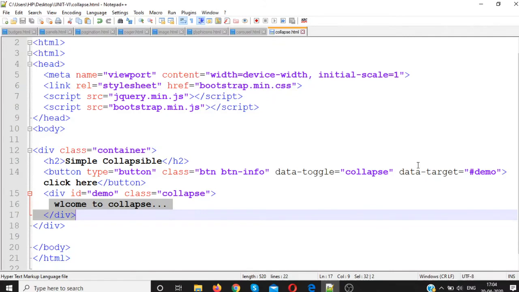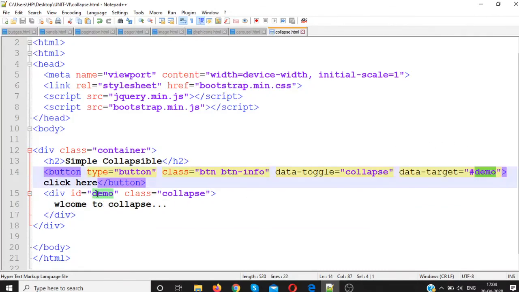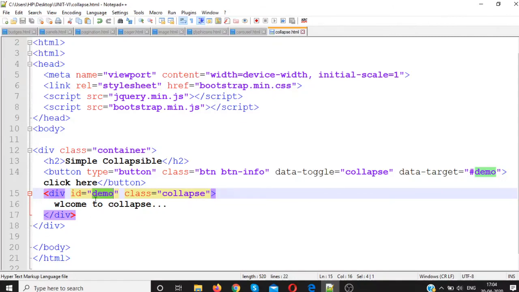For the data-target we have used the ID name demo. We want to connect this button with this text, that is this div, so we have used #demo as the ID here. It means that once you click on this button you will get this message. This is what we have seen.